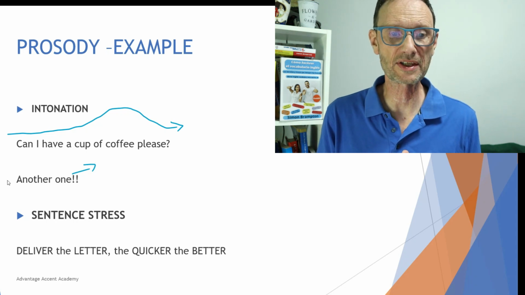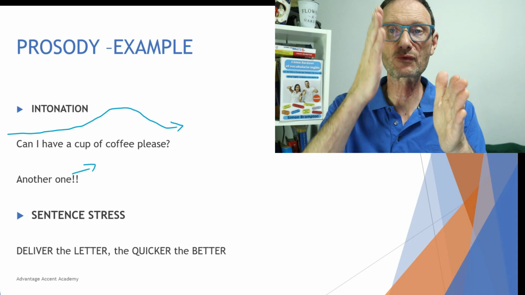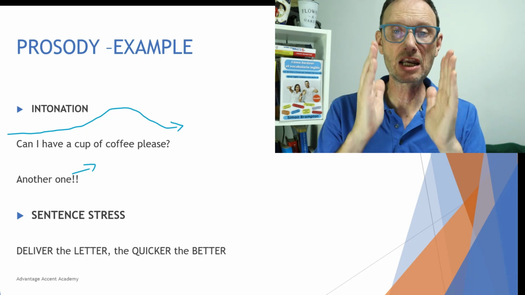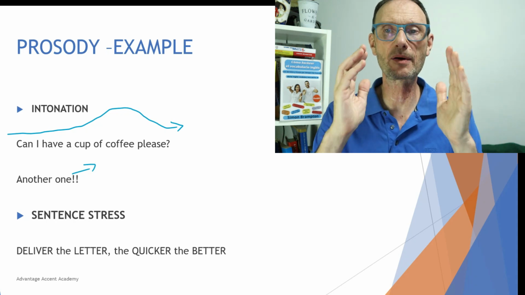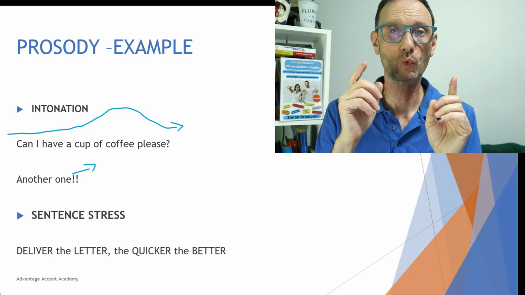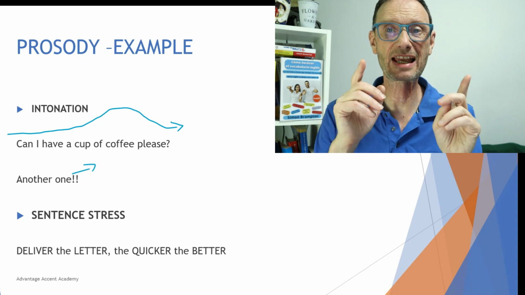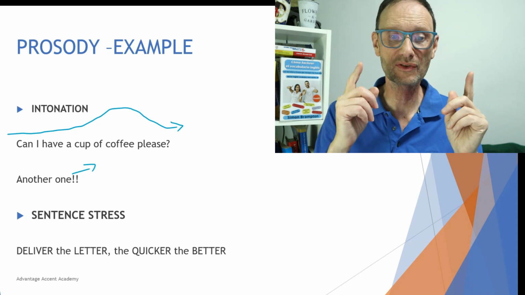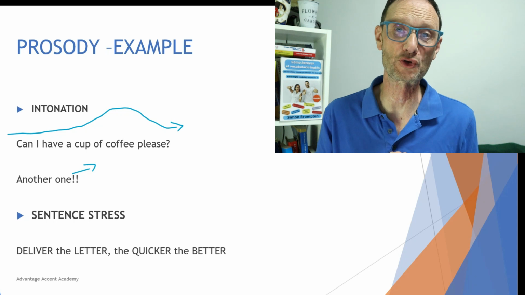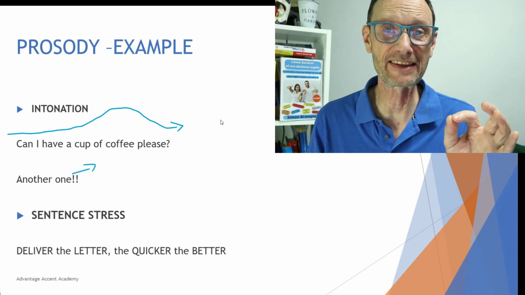With sentence stress, basically it's the rhythm. Deliver the letter, the quicker the better. We'll look more at sentence stress and word stress in the second video about prosody. So let's begin then with,